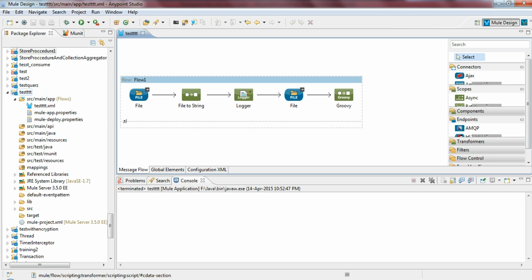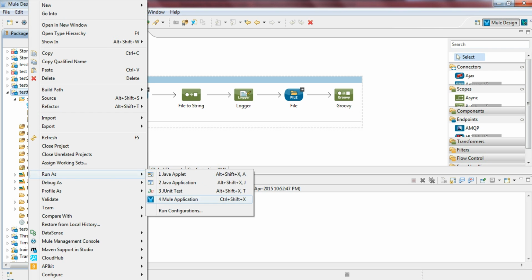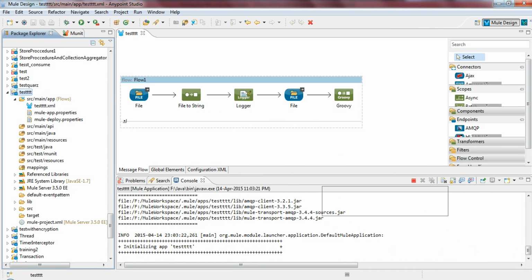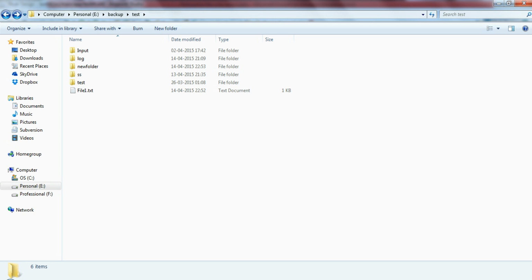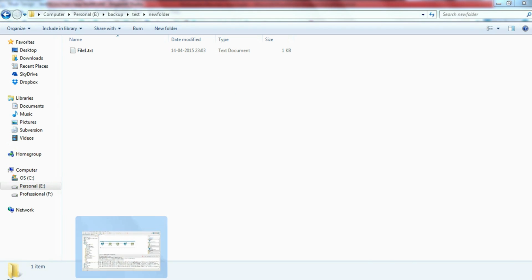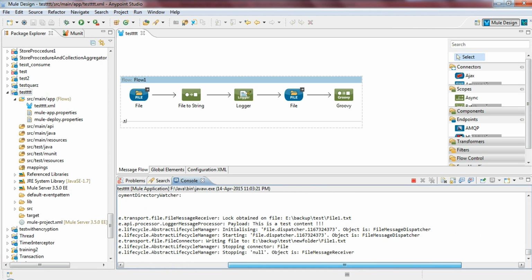So I start this application. You can see it started. Now what it will do is pick up this file and place it into this new folder. So you can see the file has been picked and dispatched into this location. In this console, you can see the file is successfully written here, and the file has been picked from this location,